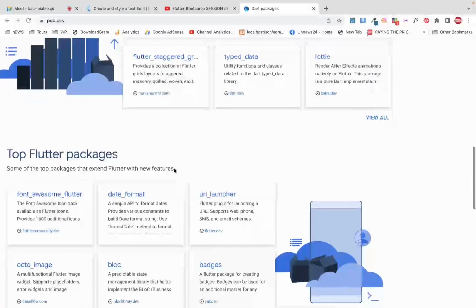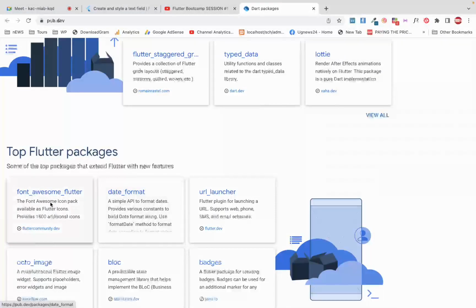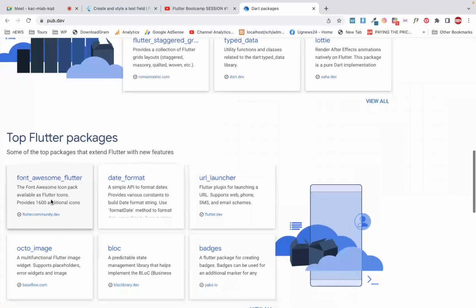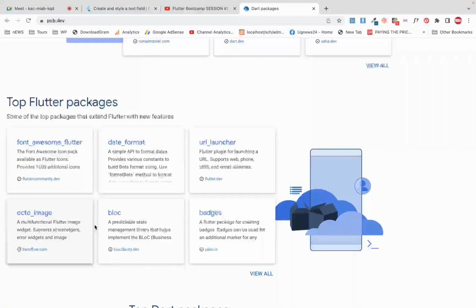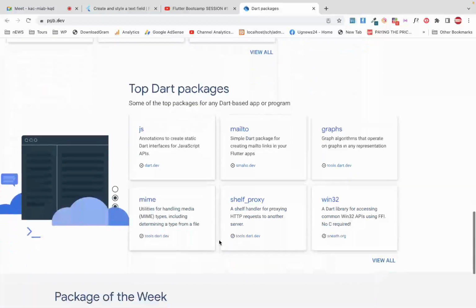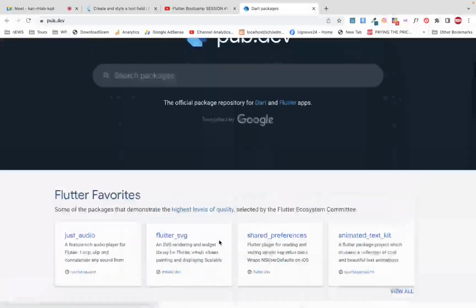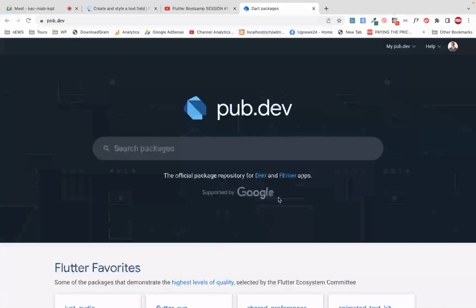You can see there is one for date format, a package for fonts, a package for images, a package for blog, a package for badges. There are so many packages that you may need for Flutter. You see, so if I click here on Flutter apps,